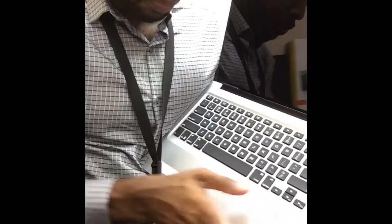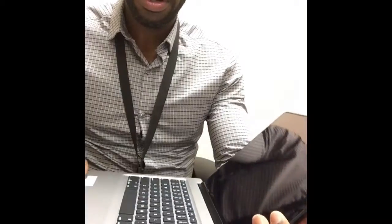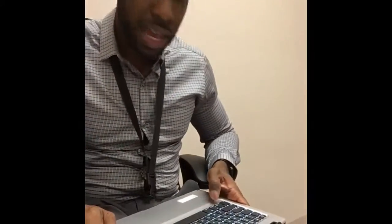Go to, I don't know if I can do it here. I don't think you guys are gonna see it, but here's a function. I can kind of turn on my keys a little bit. No, you're not gonna see it. You may see some light there, but you can change the, there you go. You can see the shimmer. You can change the key colors. You can change the actual backlight